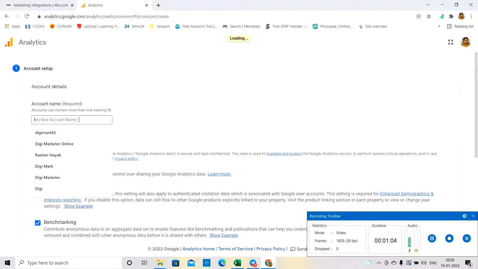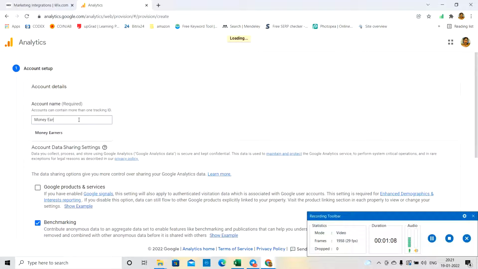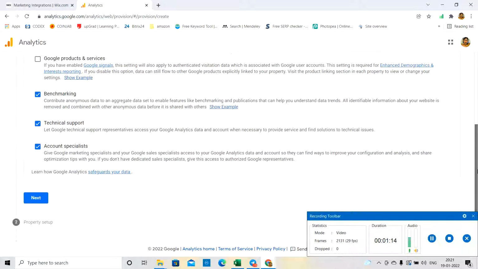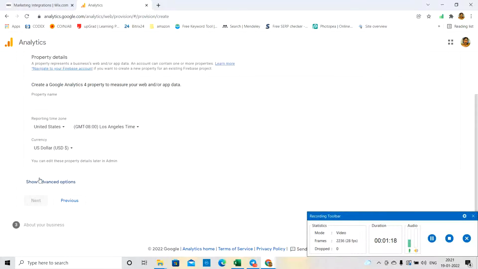I have to give my account name, so I will rename it to whatever I have given for the other email ID. Then I will keep everything as is and go to the next option. So here, as you can see,